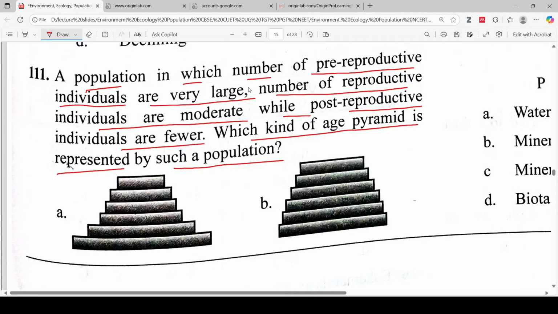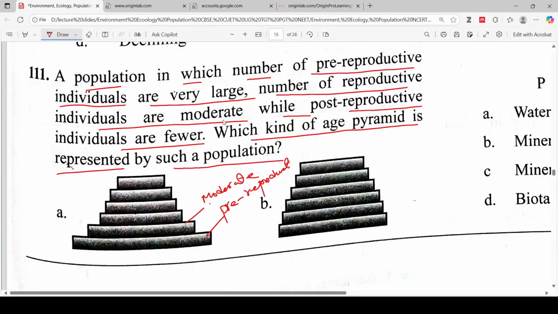So here pre-reproductive age is very large, so option A, B. So this is pre-reproductive is very large, number of reproductive individuals are moderate, so this is also moderate,